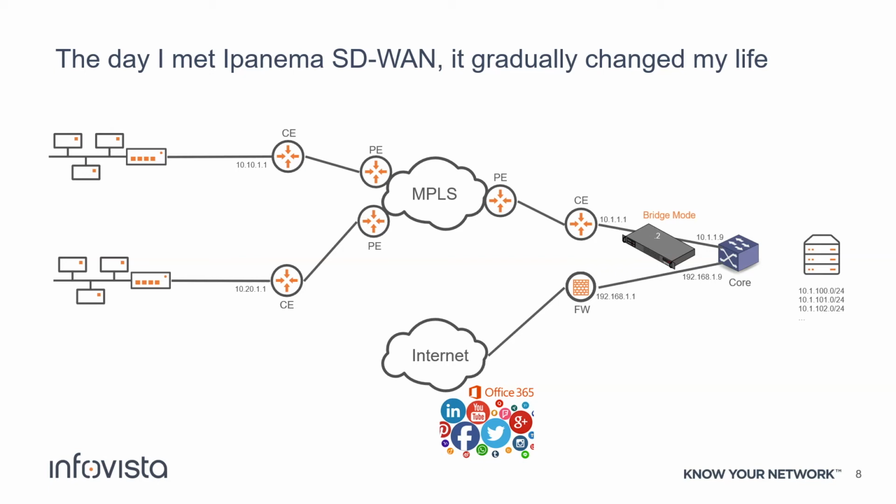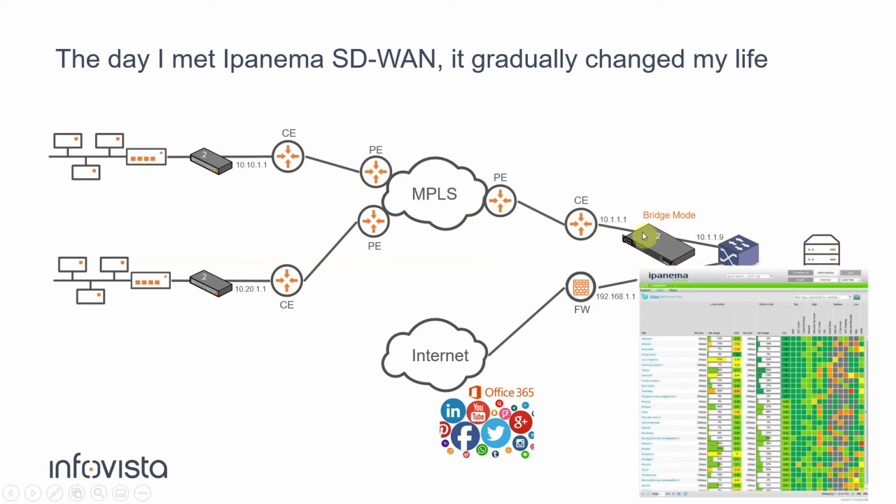And as we work in layer 2 transparent mode, which means that we do not change any underlay routing and we haven't yet built our overlay, you can really deploy your SD-WAN at your speed, side by side. Also, as we do not change your IP plan, you do not need to involve your MPLS provider in the SD-WAN deployment. During this phase, you can already benefit from the end-to-end visibility provided by Ipanema SD-WAN to measure your